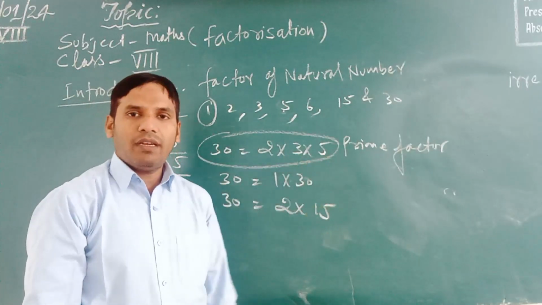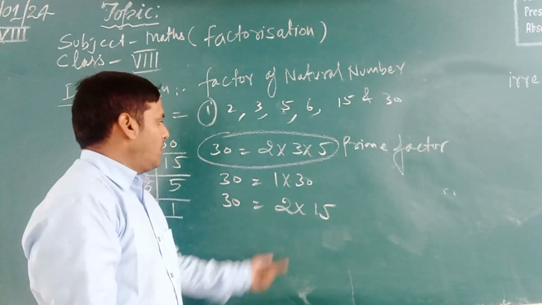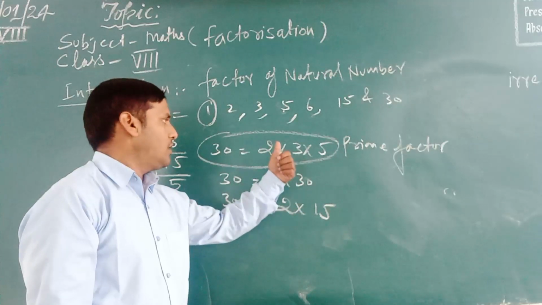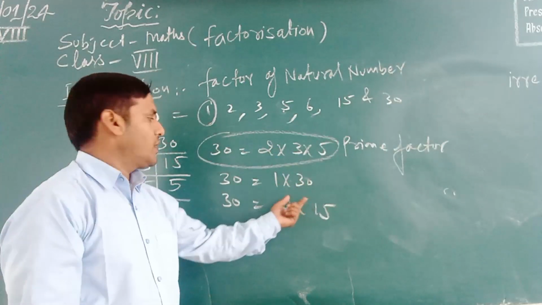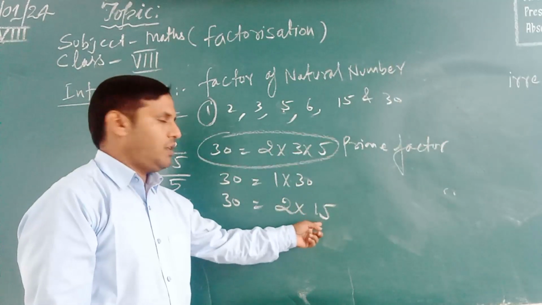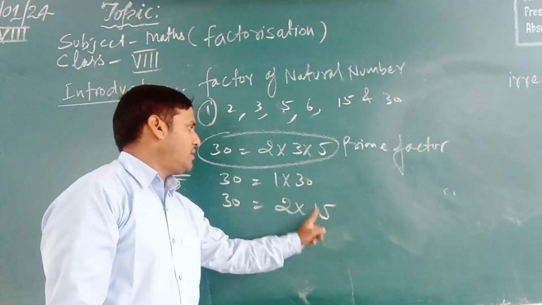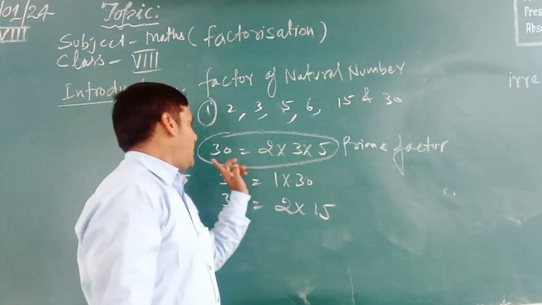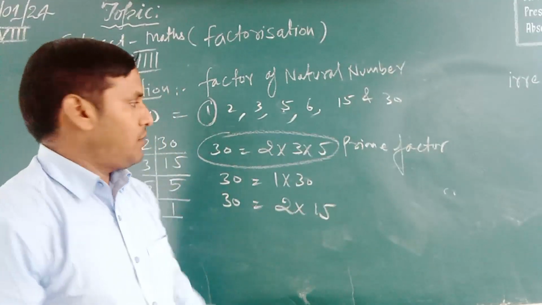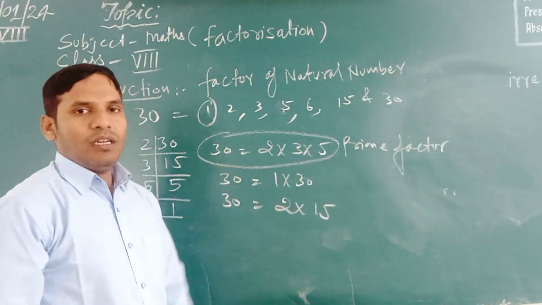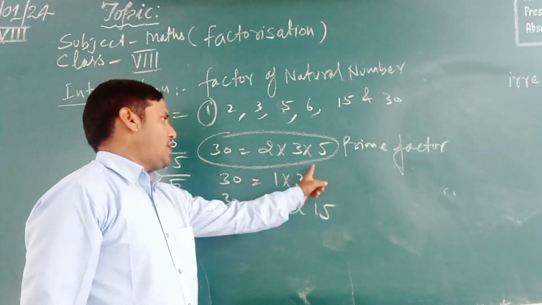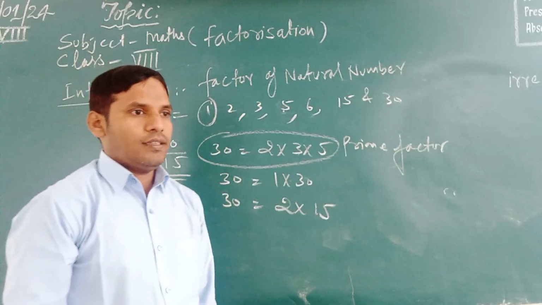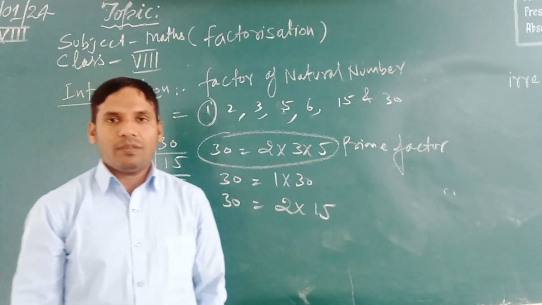A prime number is divisible only by itself, but 30 is divided by 5, 3, 2, and 15 also. 15 is also divided by 3 and 5. So 30 and 15 are composite numbers, but we should consider the one in which all the factors are prime as the prime factorization. It is clear?